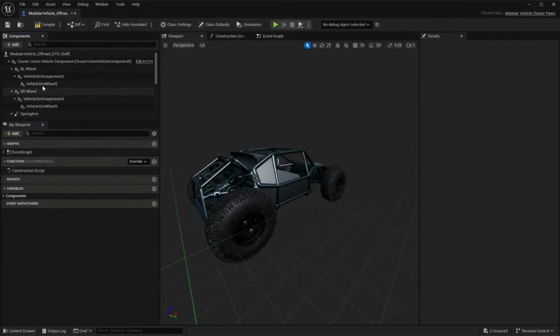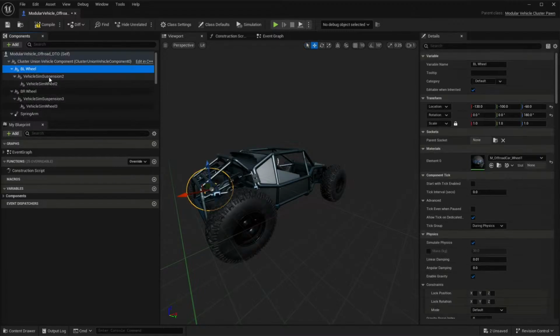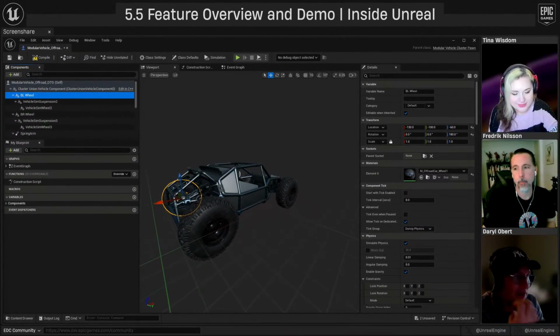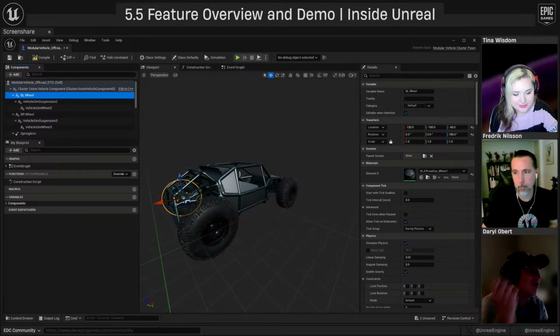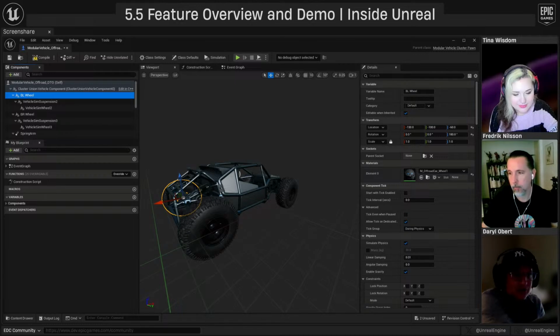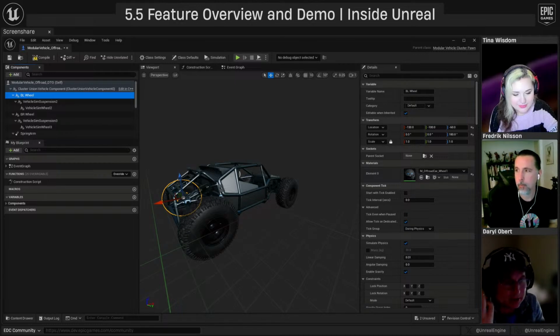The way it's set up is each wheel is parented below a wheel. So you bring in a geometry collection. The first step when creating these is to take your static meshes and make a geometry collection from those. That basically makes it work with the Chaos physics engine, right? So you bring that geometry collection in, and the BP wheel was that element, that geometry collection.